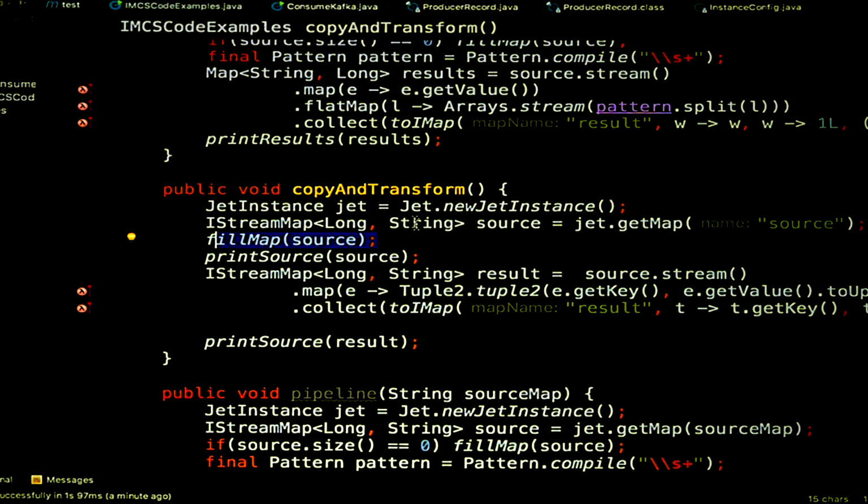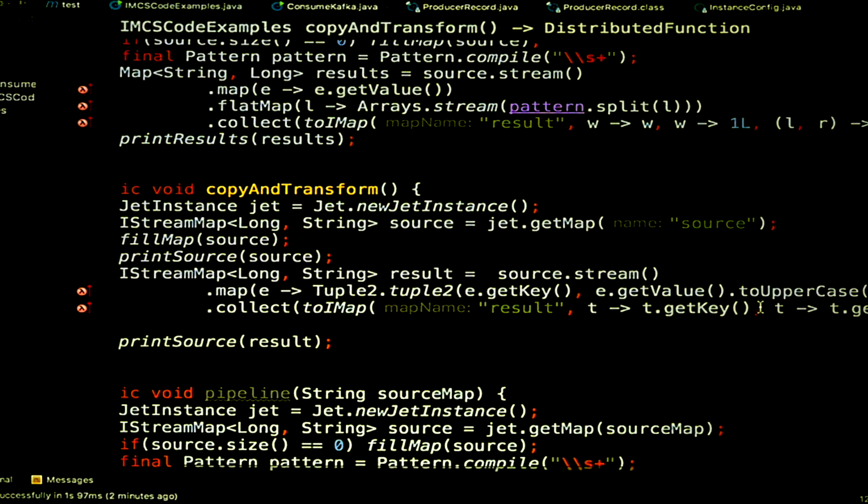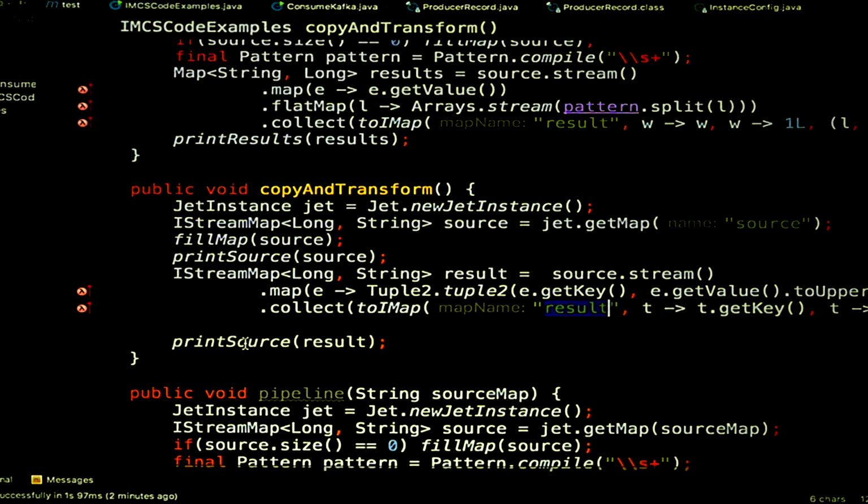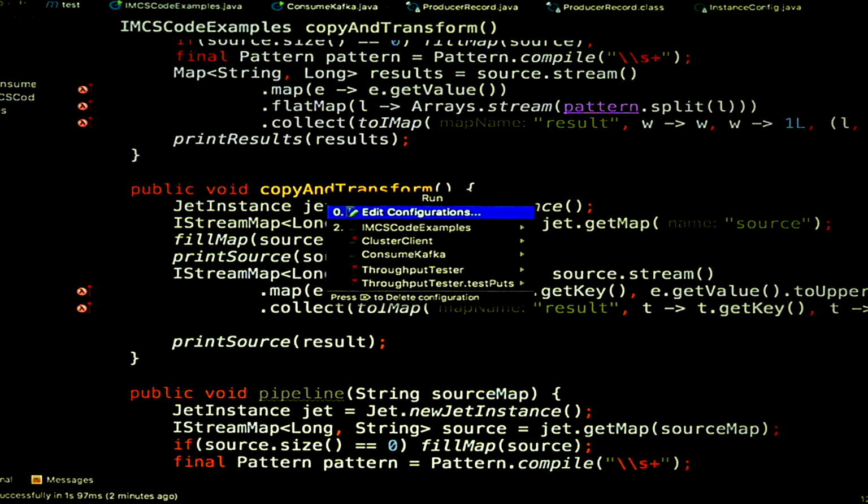But transform. And of course, you can imagine, you can go as wild as you want with how you transform it. But to keep things simple, I take this source map, which is the key value entries, and I map these entries to a tuple where the key is the same, but the value is uppercase. Basically, I create a different key value out of this. And then I collect the results as is, I take the key as a key and the value as a value, with no merge operation, to a different IMap that I call result, and then I print that. So if I execute this,